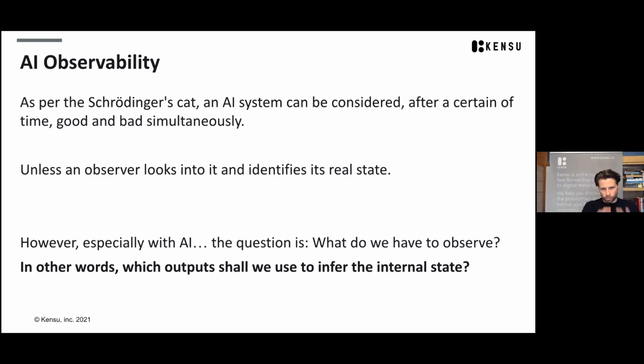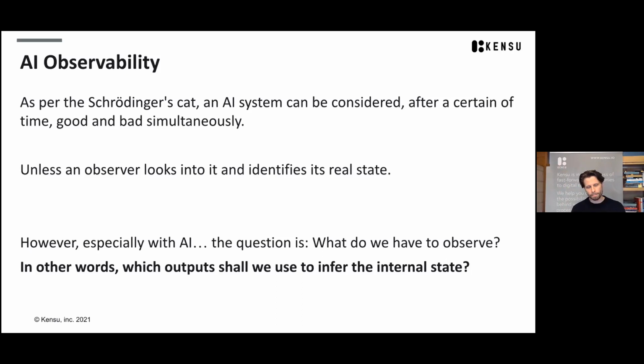And unless there is an observer that looks into what is going on around the AI system, you don't know if it's really good or bad at a certain point in time. I was in these shoes very often. It's super frustrating. It's a source of anxiety. The only thing you want to do is constantly go to your AI model in production just to check if everything looks good now, right? That means that you massage the data, you retake the model, you take some data, you produce some results, you look at them, okay, it seems good, okay? Which of course produces higher OpEx.